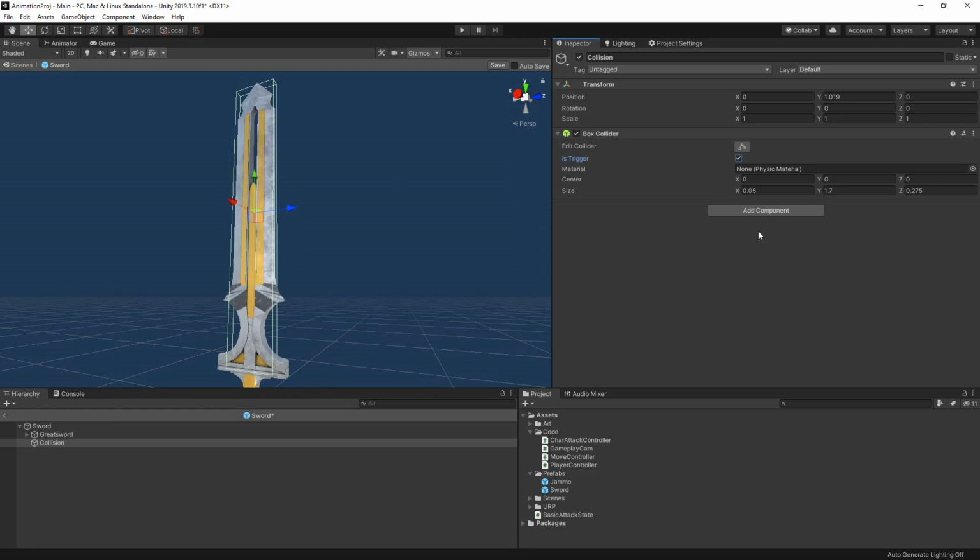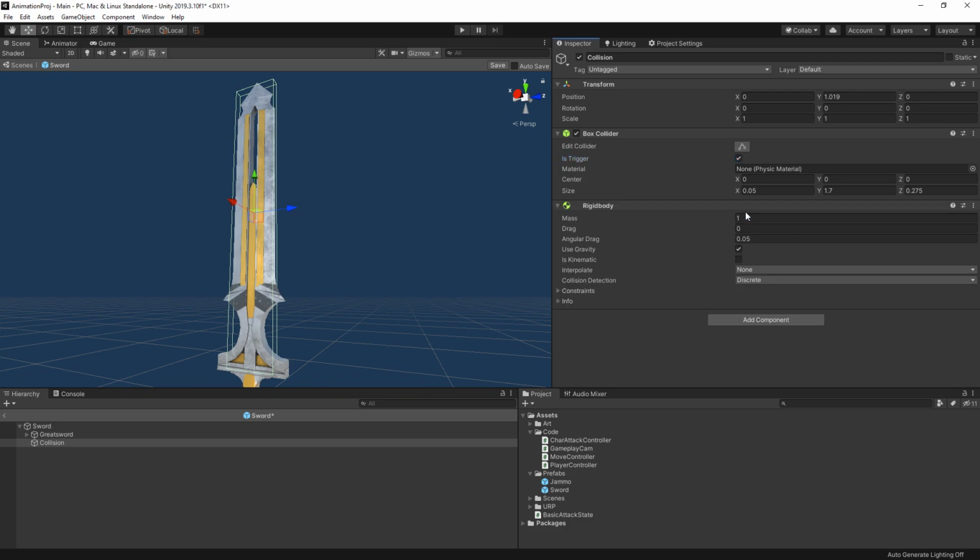This could be a rigid body. This could have a rigid body so it detects collisions with static objects. But for the time being, I'm not sure we want that. Let's add it because I think it's okay. We're gonna say don't use gravity and it's kinematic, okay? Because this is something that we are moving ourselves with a